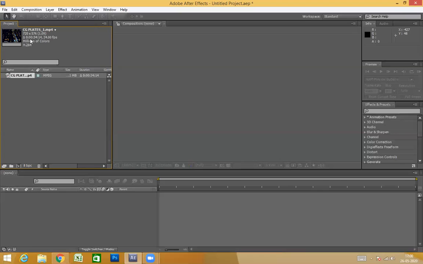And this is the time length, which is 34 seconds. And at what frame rate? 24 frames per second, a general frame rate. And its color profile is millions of colors. And its compression is